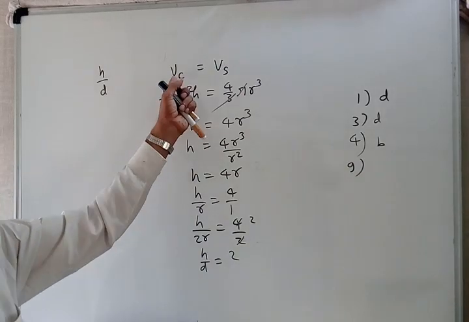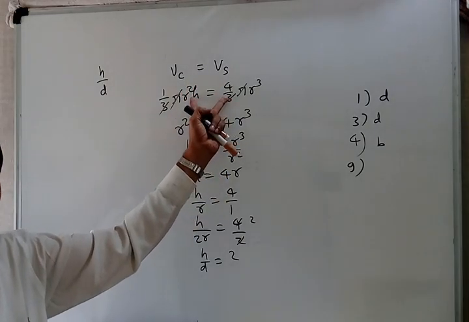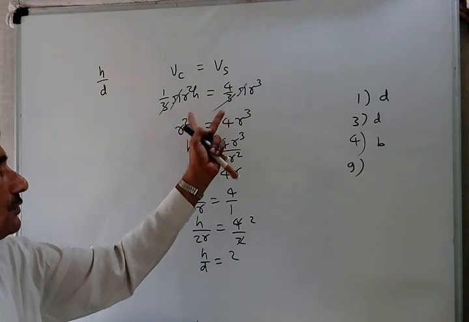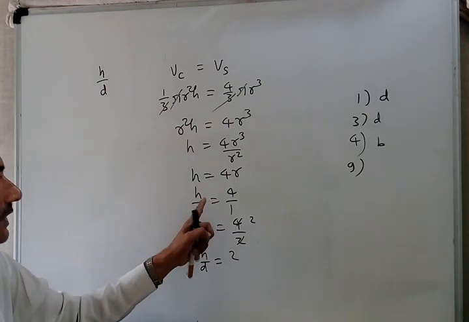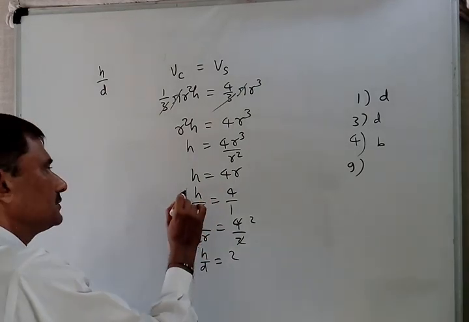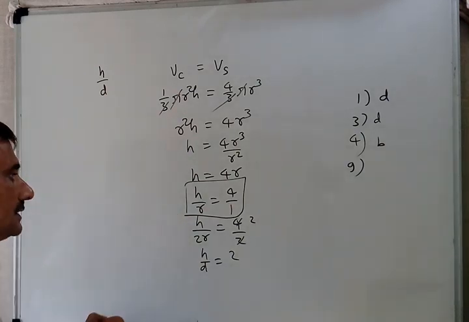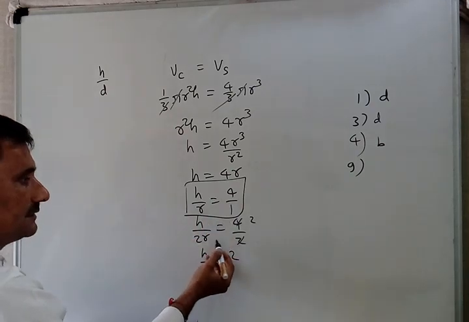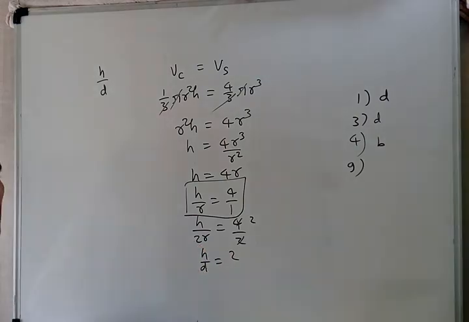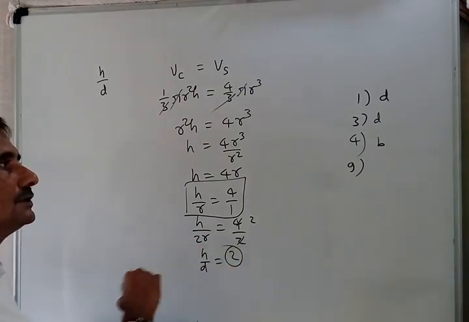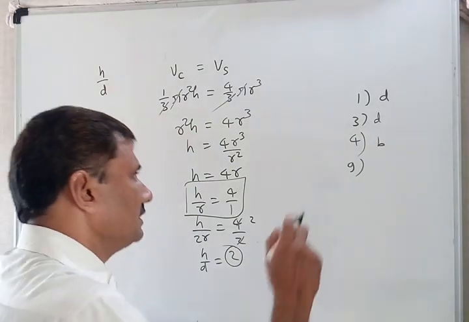Again, volume of cone and volume of sphere are given equal. So I just place both formulas, simplify, and cancel out. Then r is shifted here, so it becomes 1r only. So we got h upon r first of all. After getting h upon r, that might actually be the answer, but they ask height upon diameter. So I just make twice here, twice here also. Then simplify: h upon d, in place of 2r you can write d. So h upon d becomes 2, means 2 upon 1. Ratio is 2 is to 1. So in ninth one, answer is C.